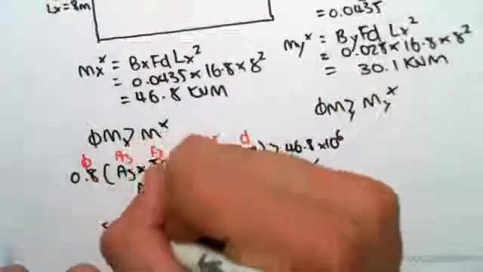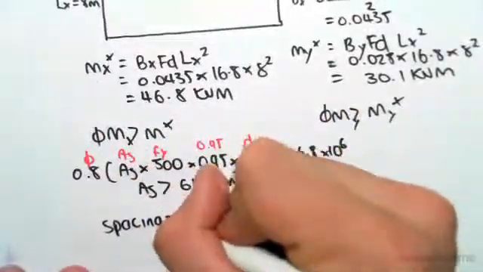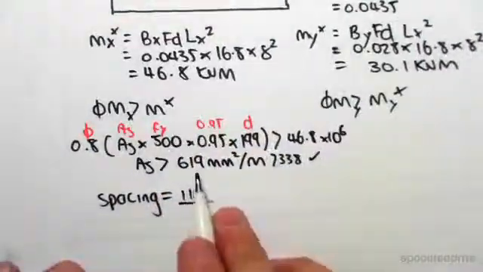We then can work out the spacing. The spacing is going to be the area of an N12 bar, which is 113 millimeters squared, on top of